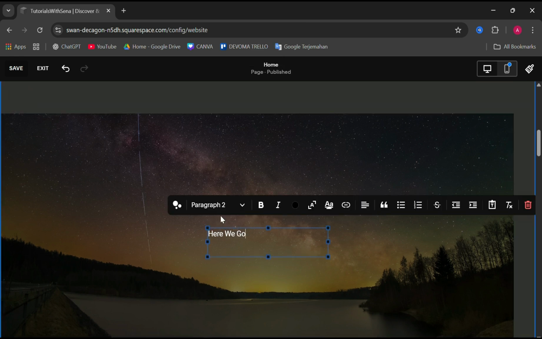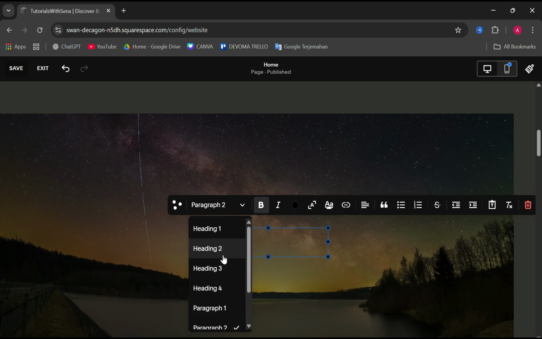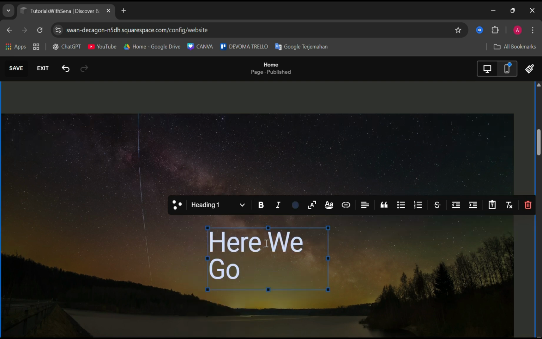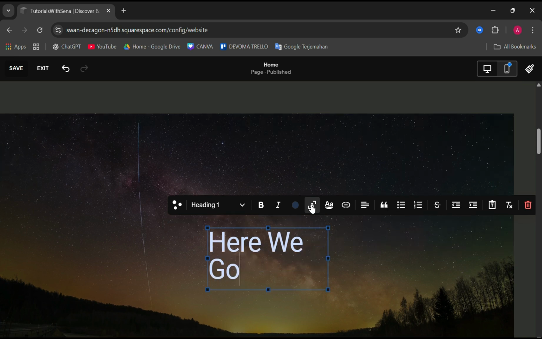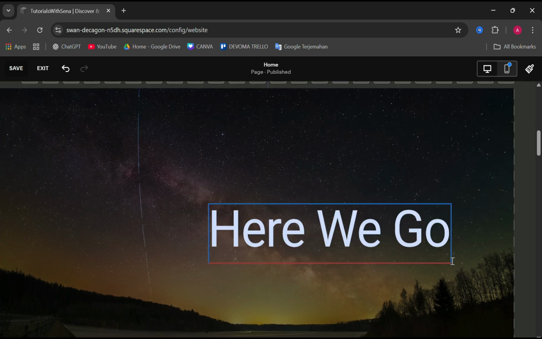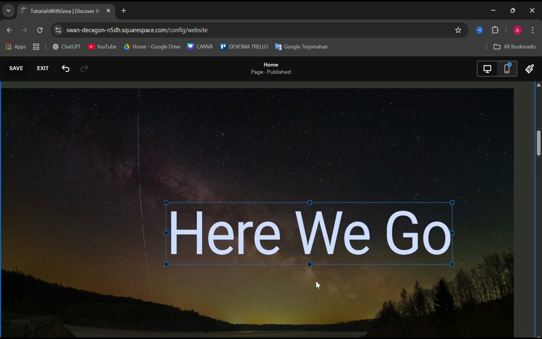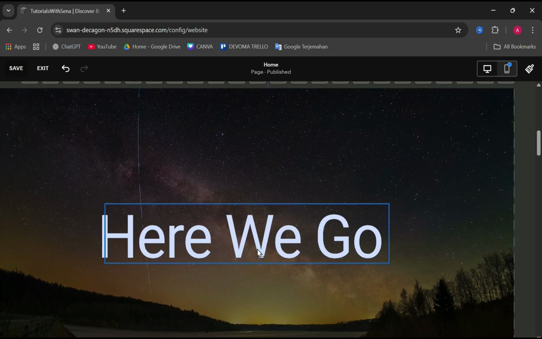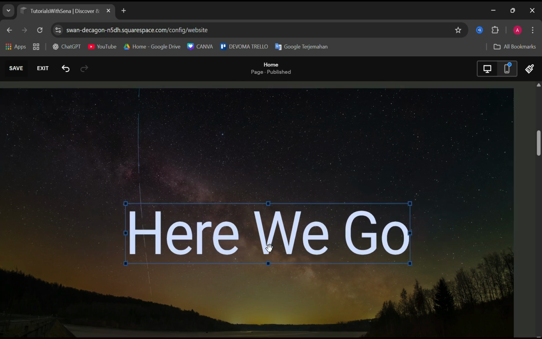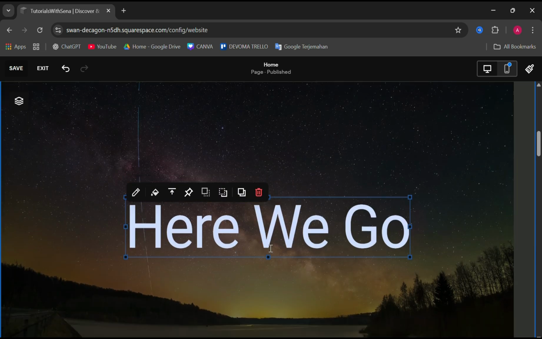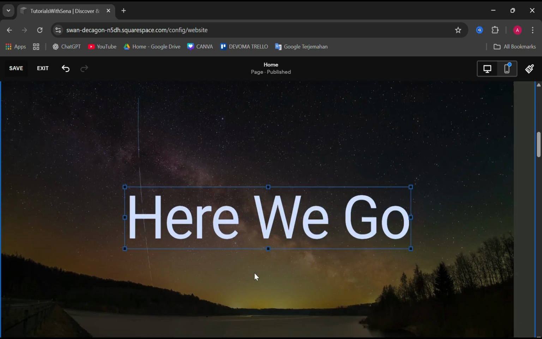Then we're gonna modify the text, bold and then heading one. I will make it bigger, I'm gonna make it bigger, maybe like this, and then make it in the center of our section, just like that, or maybe a little bit, you know,